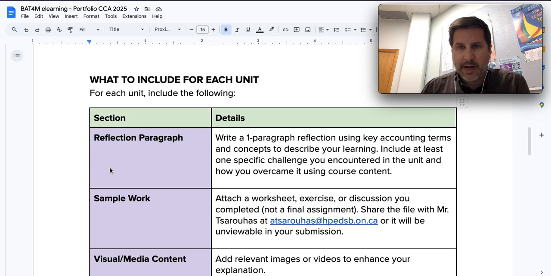So for each page of your portfolio, this is what I want. Do a 1-paragraph reflection on some of the key terms you learned or what you learned from that unit. So it's a chance for you to dust the cobwebs off and actually go back and remember what you did in that unit. You're going to attach a sample of your work, and you'll have to make sure you share that with me. So say you do a spreadsheet where we were doing journal entries as a review at the start of the semester. Make sure you click share and then put